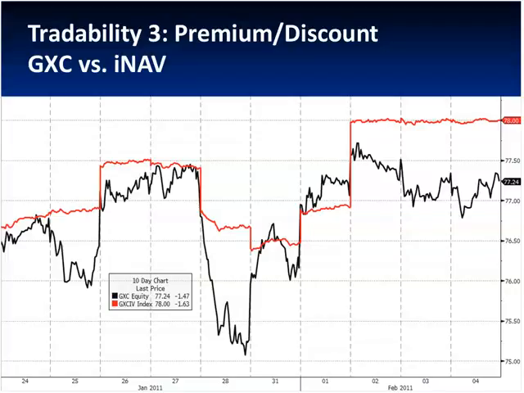But what happens in China? This chart compares the trading price of GXC, the Spiders China ETF, to its indicative NAV, the estimated value of the underlying net asset value that the fund must publish every 15 seconds throughout the trading day. I know a lot of investors look at the INAV to gauge if they're getting a fair price for the ETF. But you'll notice in this chart that the INAV for GXC doesn't move much during the U.S. trading day. Rather, it jumps around in stepwise fashion. That's because the underlying securities of GXC aren't trading during U.S. market hours, so the NAV can't update.